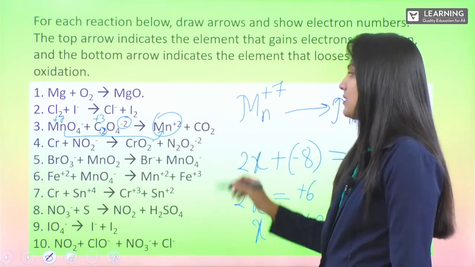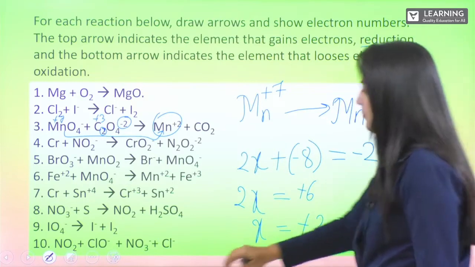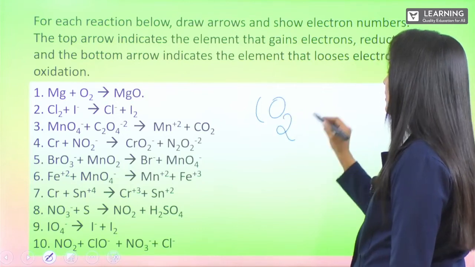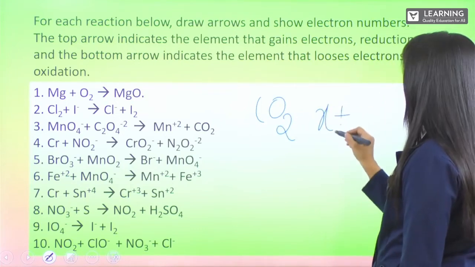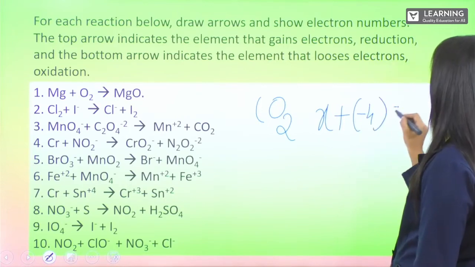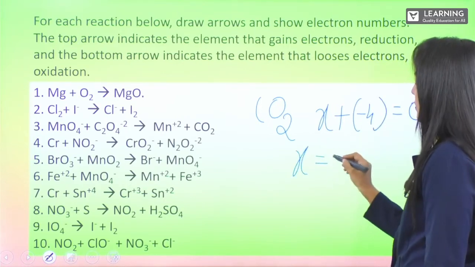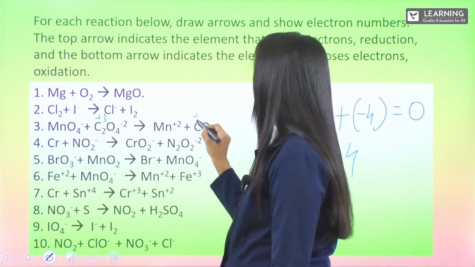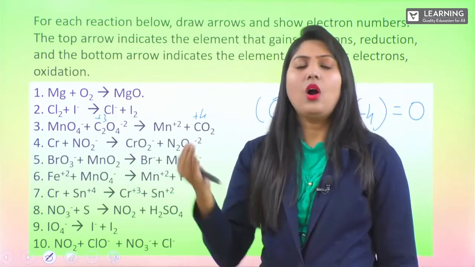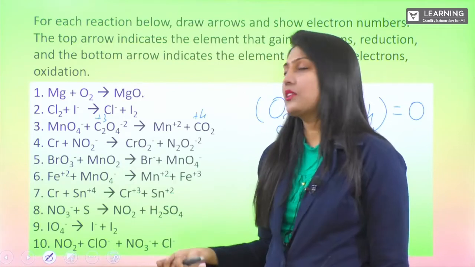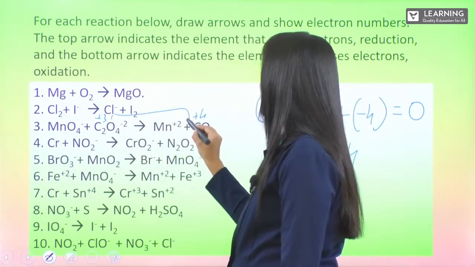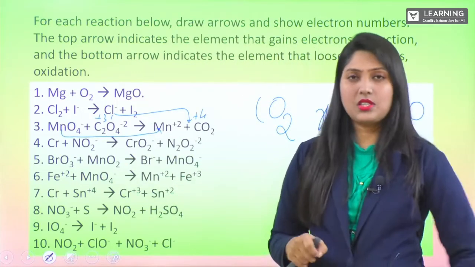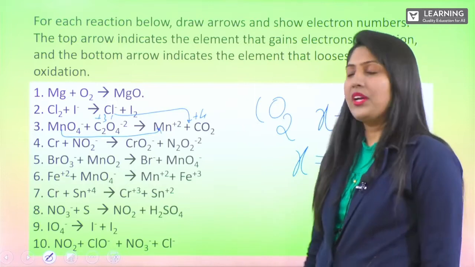And when it comes to the oxygen, it becomes carbon dioxide. X is equal to, I'll just write over here. So for carbon dioxide, x plus 2 2s are -4, which is equal to 0. Then we'll get x equals +4. So from +3 to +4 it has changed. That means increase in oxidation number, which means loss of electron takes place. So carbon is undergoing oxidation, whereas here there is a decrease in oxidation state. So we can say Mn is undergoing reduction.